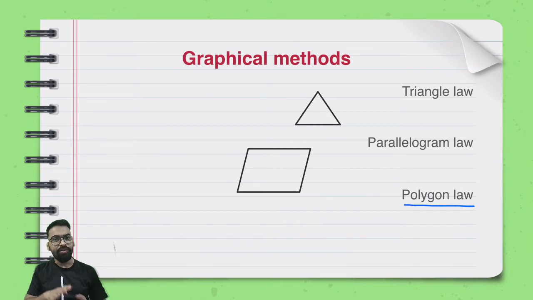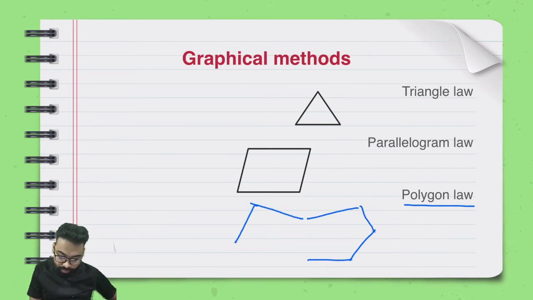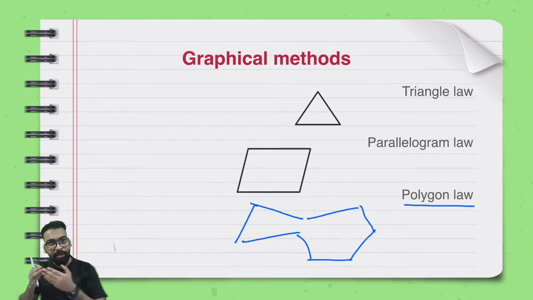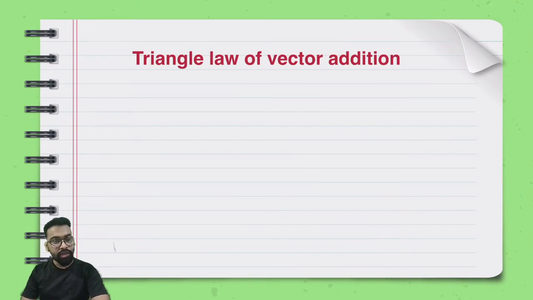This again is something that comes in a little later, but you can say that if there are a lot of vectors, you can draw any type of polygon, any type, right? And you can get the final result. You can add the vectors using the graphical method in polygon law when you have more than two. Generally with respect to two vectors, triangle and parallelogram law is taken, but once a lot of vectors are coming in, you'll generally tend to go towards the polygon method. Again, something which we'll discuss maybe some time later, but for now